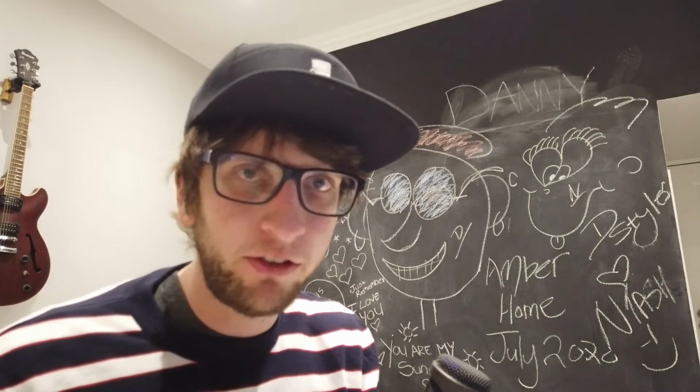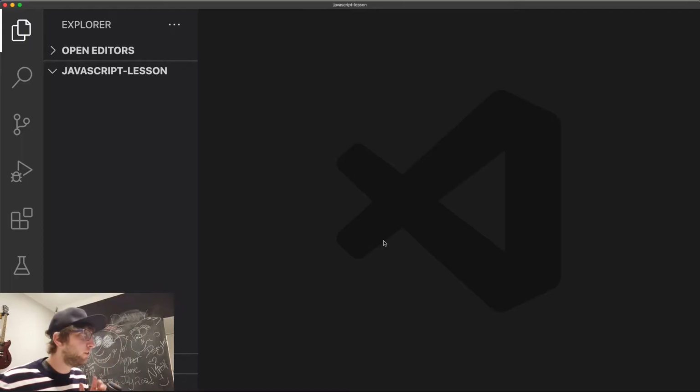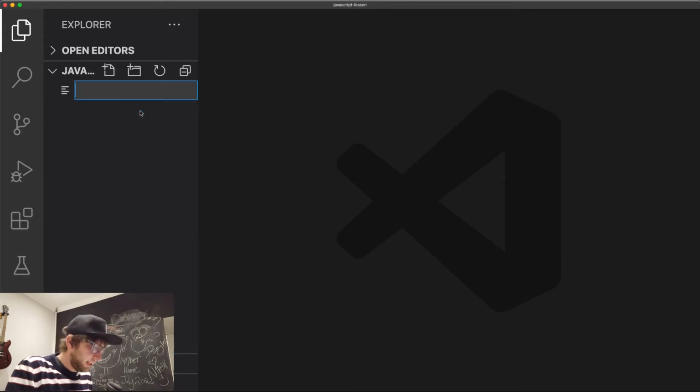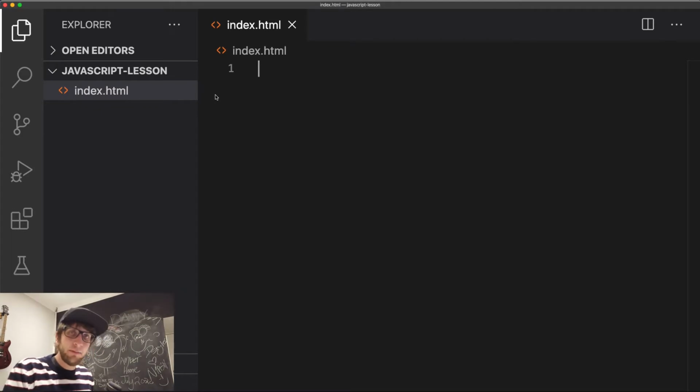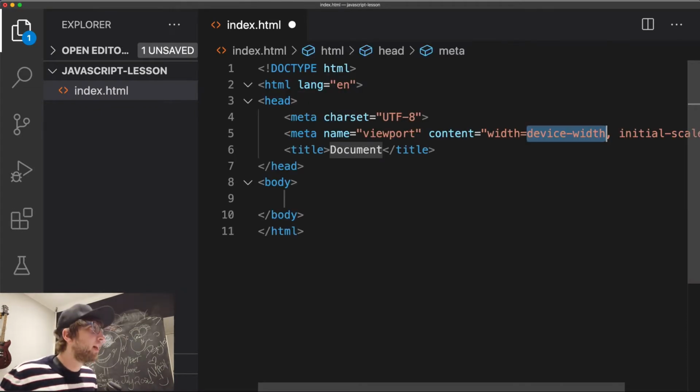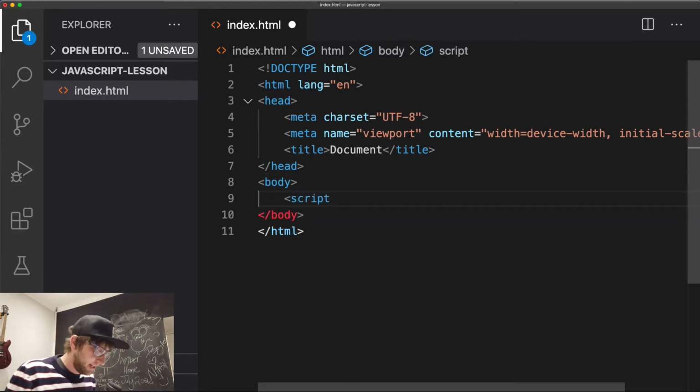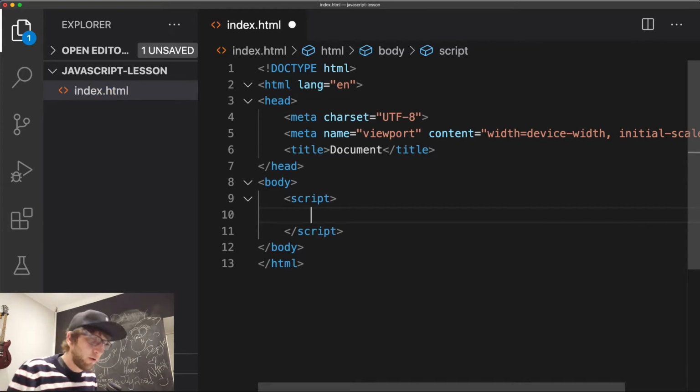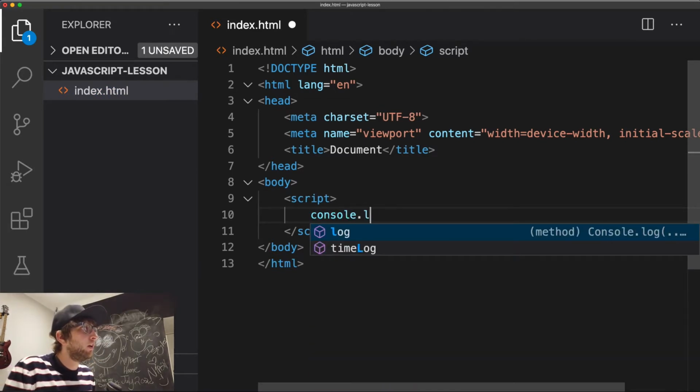So if you covered the VS Code tutorial, what I'm going to do is open VS Code, create a new file here. I'm going to call it index.html. And inside of there, I'm going to use Emmet to autocomplete an HTML5 template. We've done this all before. And inside the body, we're going to add a script tag. And inside the script tag, all I'm going to write is console.log